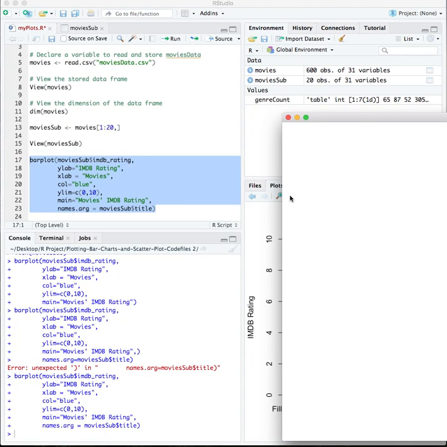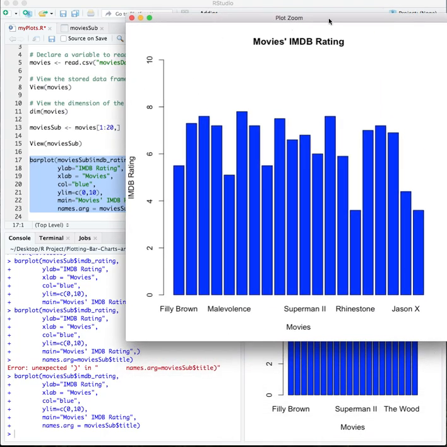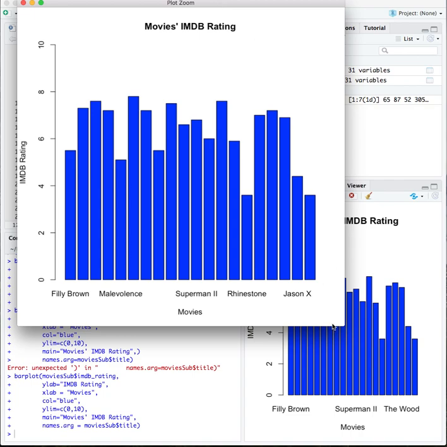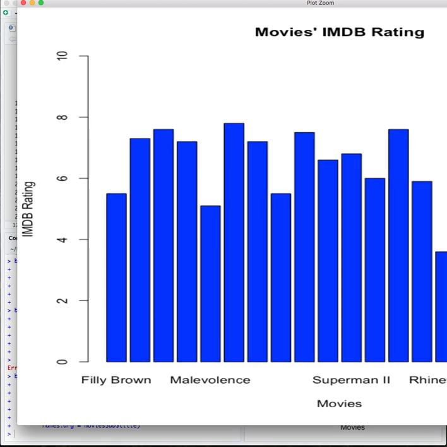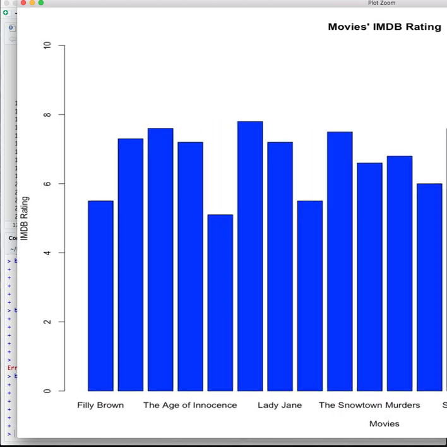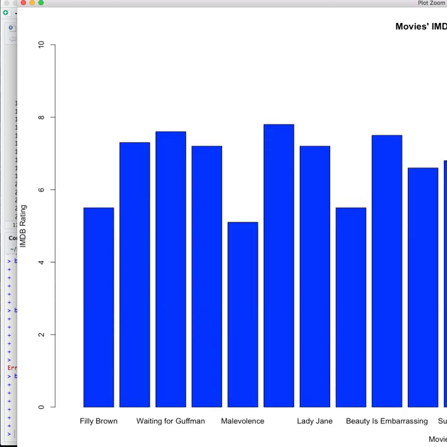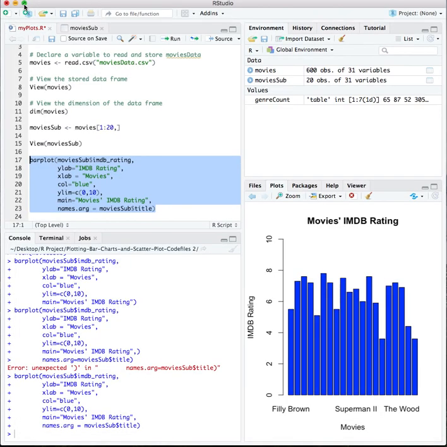See, just go to the zoom button. If you keep on extending this window, you will get the exact name for each bar. In the plot window you can zoom in.